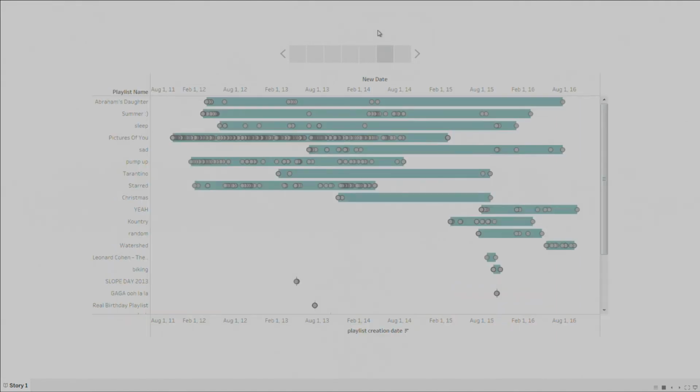So it's ongoing. I also decided to look at what are my favorite playlists. What do I keep adding to, keep coming back to over and over again? And here we can see I've got some random names here, so don't judge. And summer, I am pretty consistently adding to just in the summer. Christmas, I pretty consistently add to just around Christmas. Then I've got my start and, apparently I didn't need pump-up songs as of August 2014. I got over that. So some interesting stuff here.